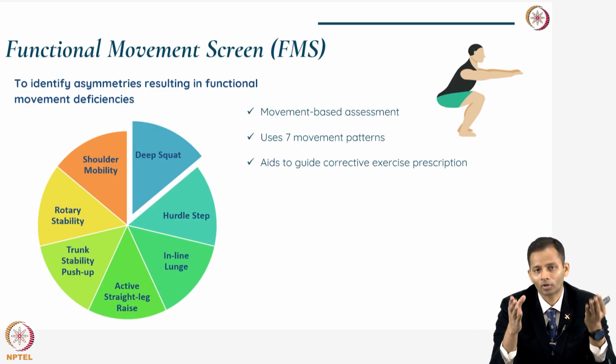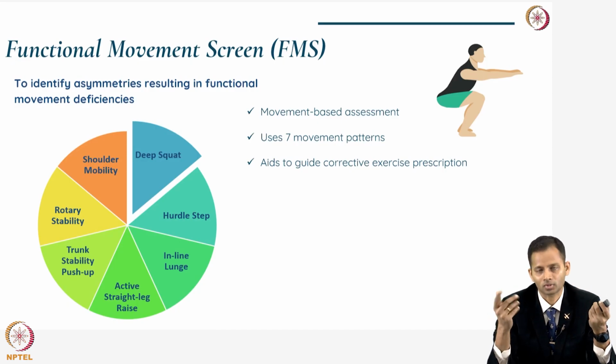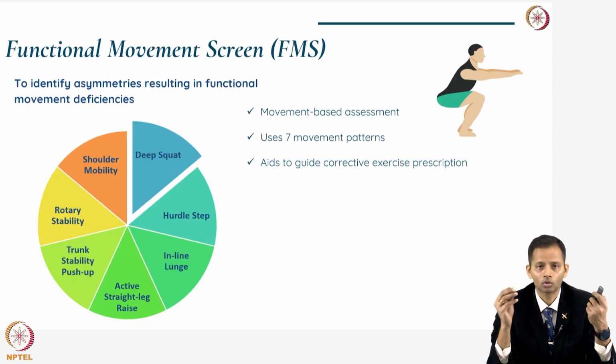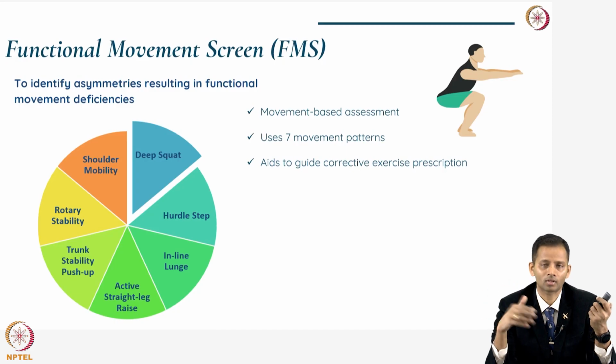So, a total of 14 is considered a cutoff, wherein less than 14 you will have to do a corrective exercise prescription. And it has also been seen in various research studies that a lower score predisposes the individual to more injuries as well. So, it becomes a good screening tool before starting the season, to know the movement pattern of the individual, the baseline, and thereafter you can include various movement drills and therapeutic exercises to further improve this particular score.